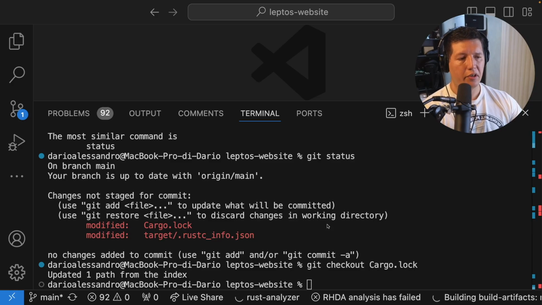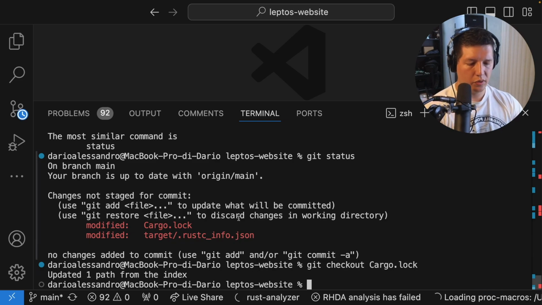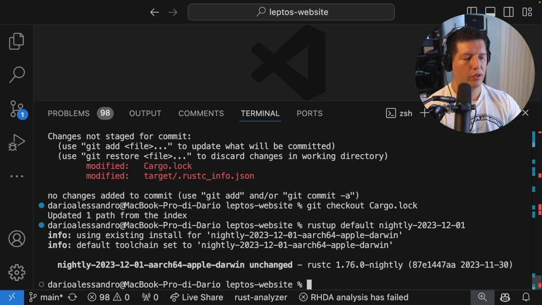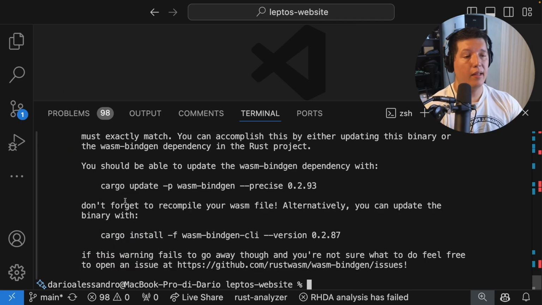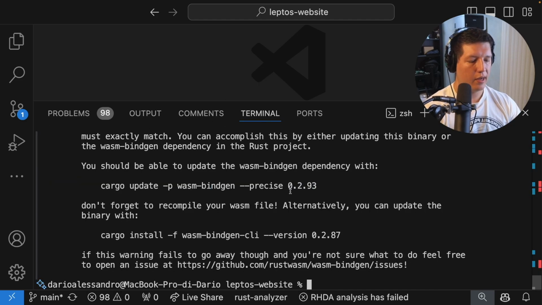Is there an easier way to go about this? Well, as I said initially, I suspect that the reason why we had all these problems is because this Leptos website was created a few months ago. So I bet you that if I downgrade my Rust version, it's just going to work. Let's try that. So I reverted the cargo.lock version, and now I'm just going to use an older version of Rust. There you go. So I'm going to use this older version of 2023, and then I'm going to try running the thing again. And I got a similar error regarding wasm-bindgen. Let me update just that one library.